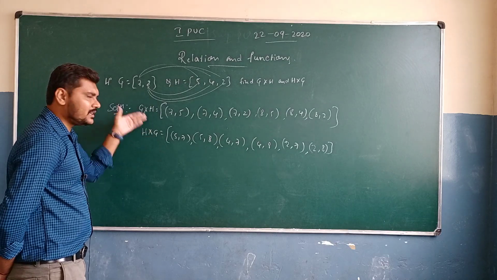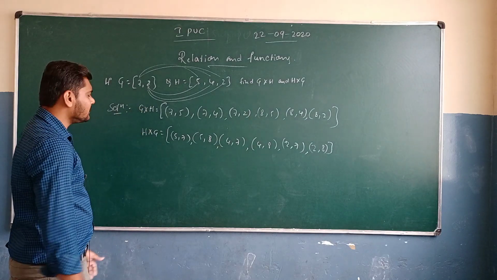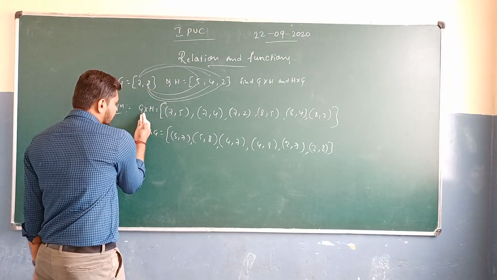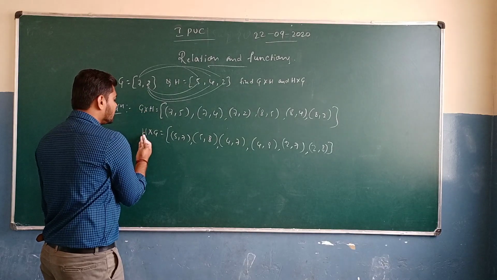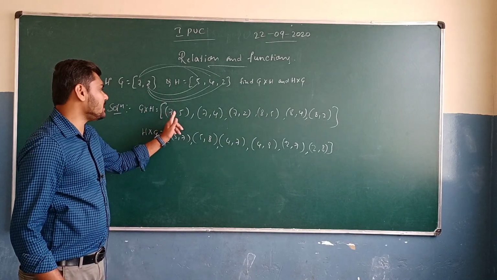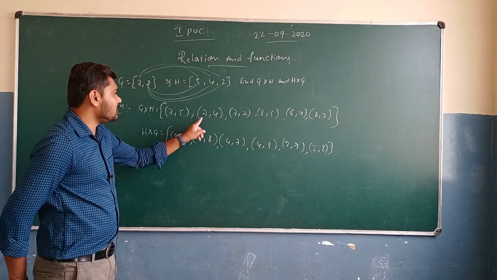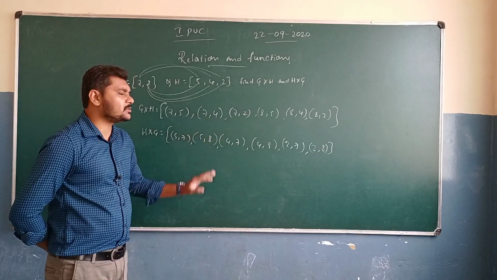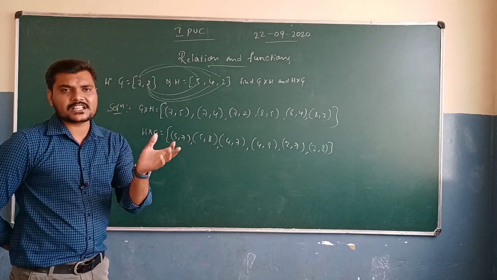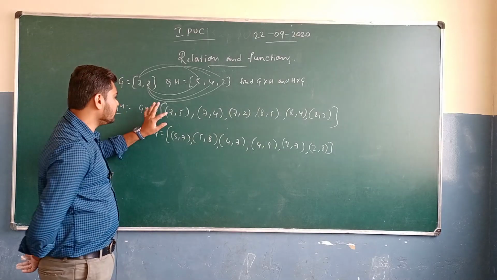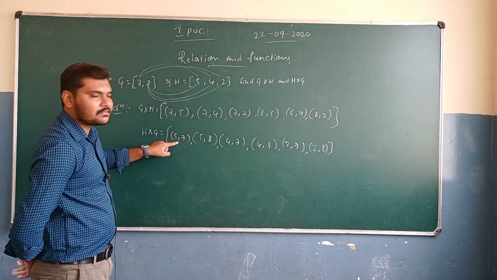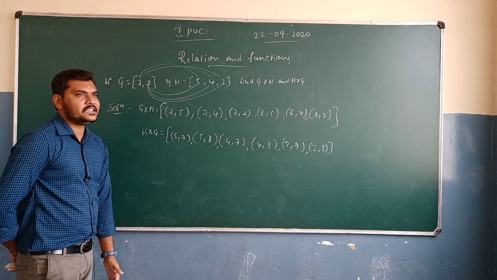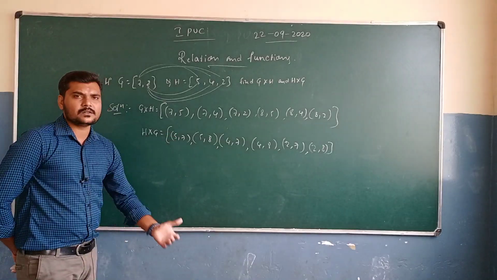So are these sets going to be equal? No, because the Cartesian product A cross B is never equal to B cross A. Because G cross H is never equal to H cross G: 5 comma 7 is never equal to 7 comma 5, and 7 comma 4 is never equal to 4 comma 7. For ordered pairs to be equal, the corresponding elements must be equal. Is 7 5 equal to 5 7? Never. So the Cartesian product depends on order.